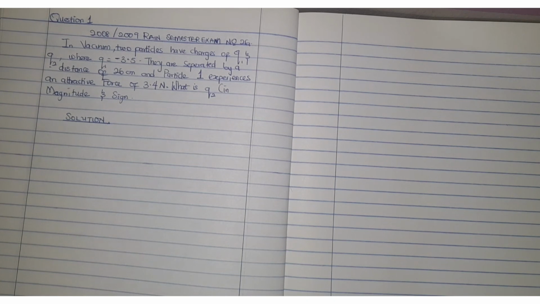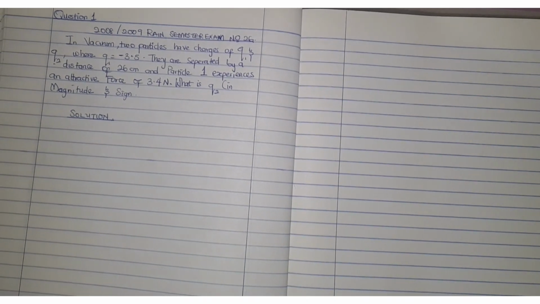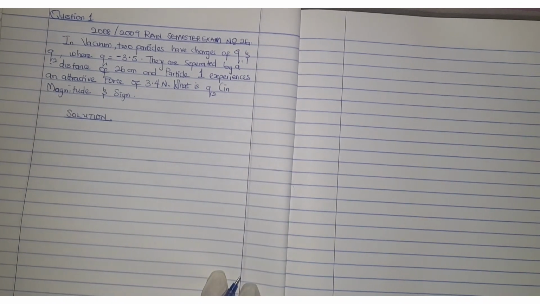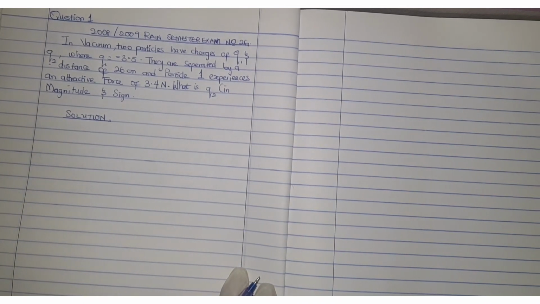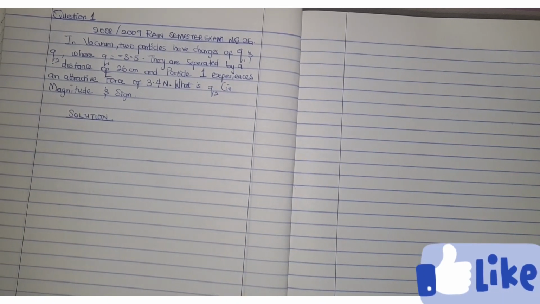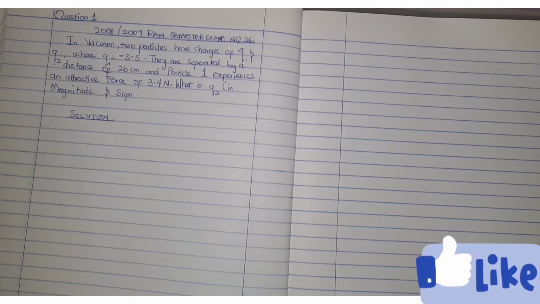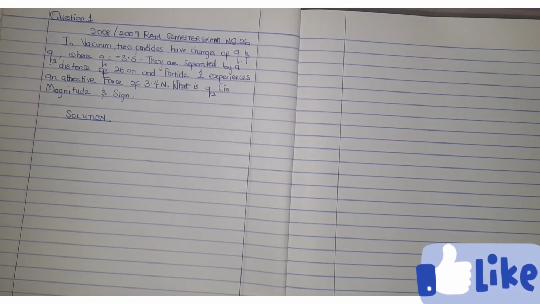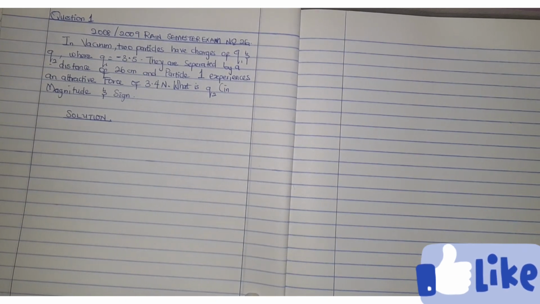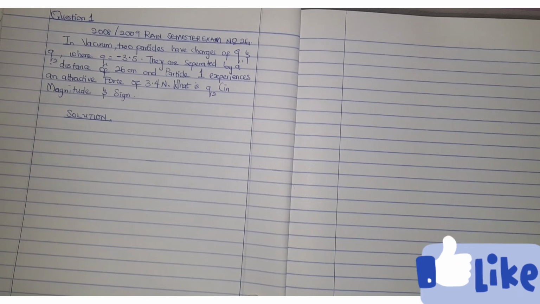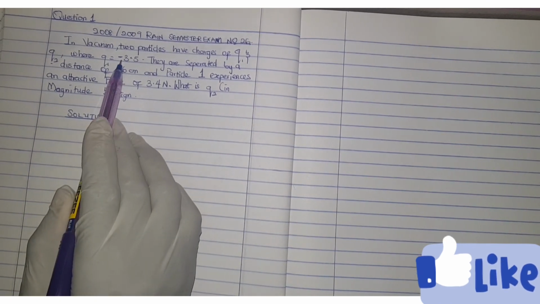In this video I'm going to show us how to attempt questions under electrostatics using Coulomb's law. This question was adapted from a past question of Obafemi Awolowo University, 2008-2009 rain semester, number 26. So if you want to check it out, you can check it out in the 2008-2009 rain semester exam, number 26. The question says, in vacuum, two particles have charges of Q1 and Q2, where Q1 equals